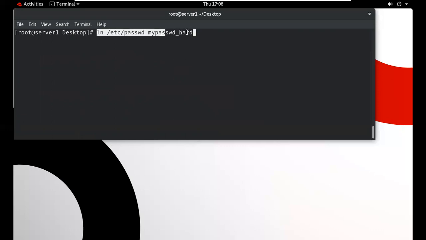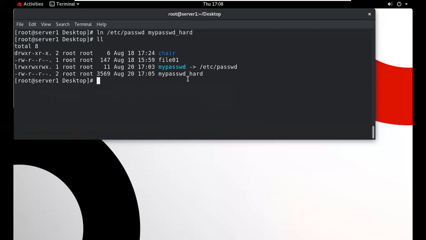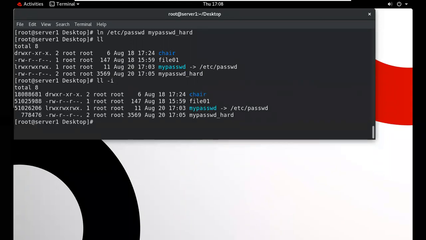The hard link will be created, just you can check this. So this is your hard link and this is your soft link. What is the difference between soft link and hard link? How can I differentiate this? So there is no L option here, only just a hyphen. But how can we differentiate whether it's a hard link or a normal file? It's a regular file. How can I differentiate this? So we want to differentiate this by using this.